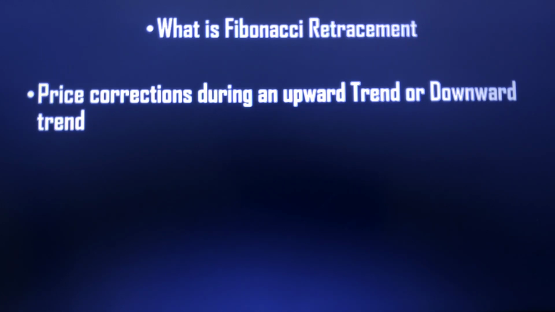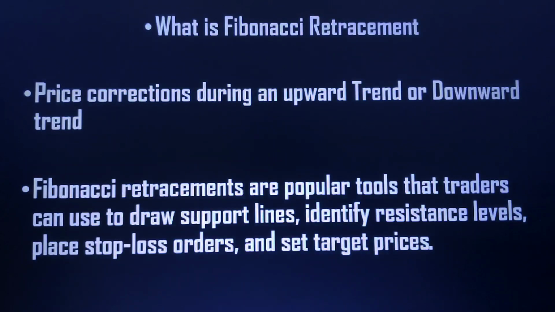So first, it is used to identify what level the price correction or reversal can extend to in an uptrend or downtrend. Second, traders mainly use this tool for support, resistance, or for the stop loss, and they can also use it for take profit, or the target level. Fibonacci retracement levels are horizontal lines that indicate the possible locations of support and resistance. It will clearly tell you what the support is, what the resistance is, what area you have to keep your stop loss, and what levels you can target.